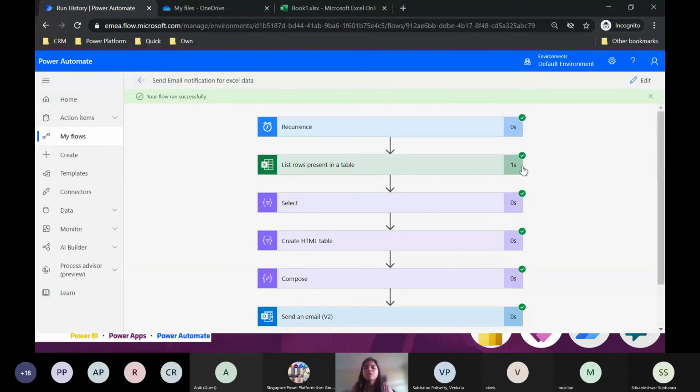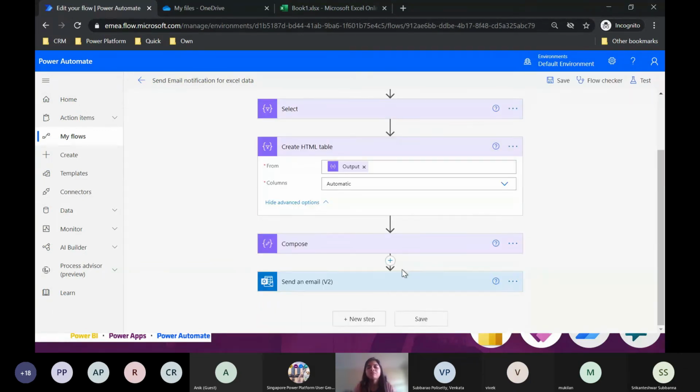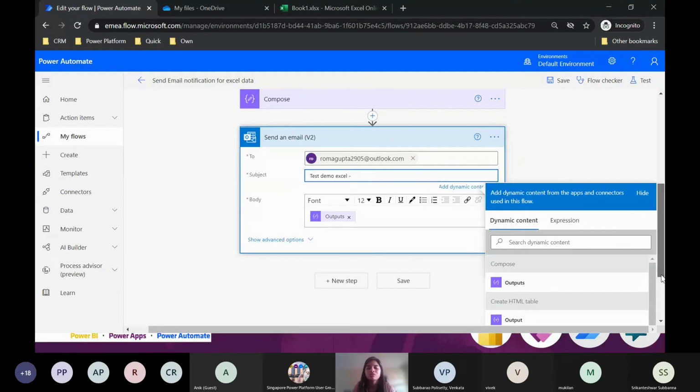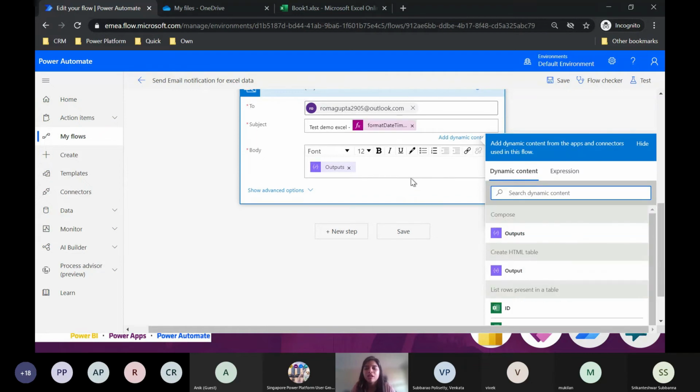So in here, let me give you an example quickly for formatting. In my subject, I want to pick up today's date. So you will use an expression. You can say format date time, UTC now, and then you select which way you want it. So I want year to be first, then capital M. We are using capital M for the month. If you use a small m, it will become minutes, if I'm not wrong, and then date. So that way I've formatted it.